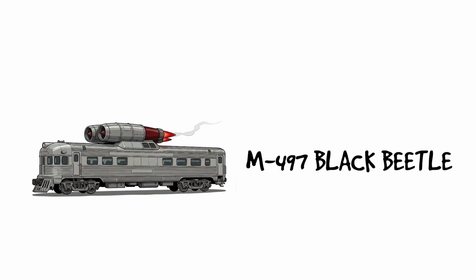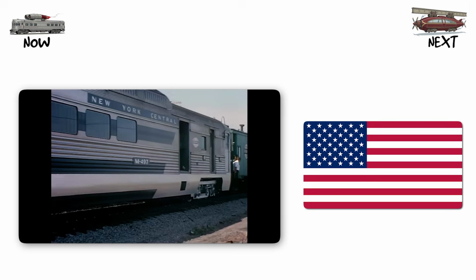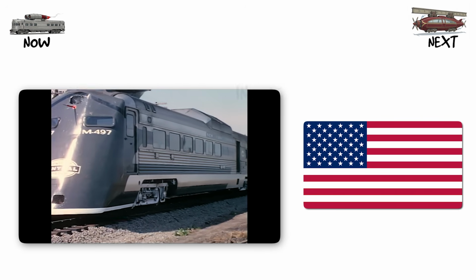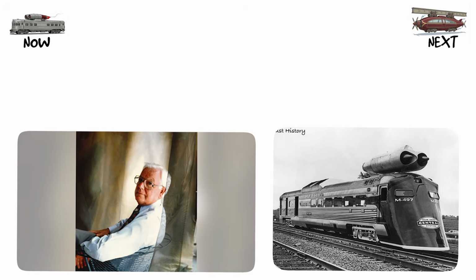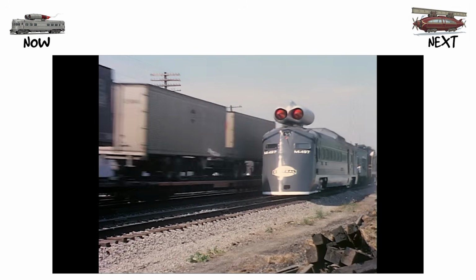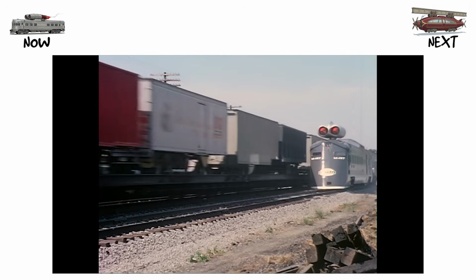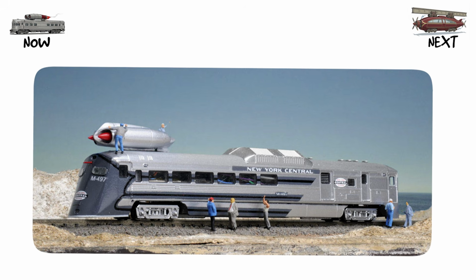M497 Black Beetle. The M497 is the fastest train America ever built, and it cost $35,000 and 1 month of work. In 1966, engineer Don Wetzel bolted two surplus General Electric J-47 turbojet engines from B-36 bombers onto the roof of a standard rail car, tilted 5 degrees nose down so thrust would press the car onto the rails rather than lift it off. The aerodynamic nose cone was sketched by his wife based on what looked right to her